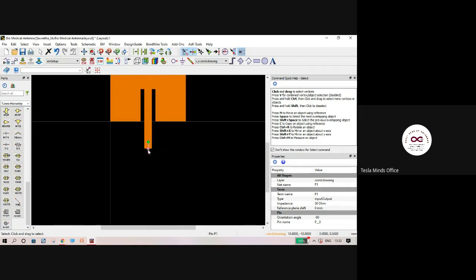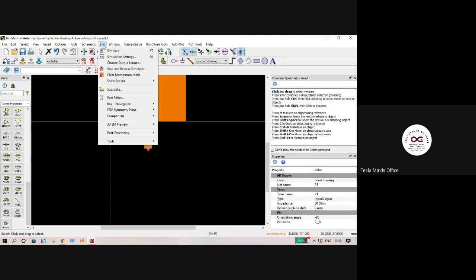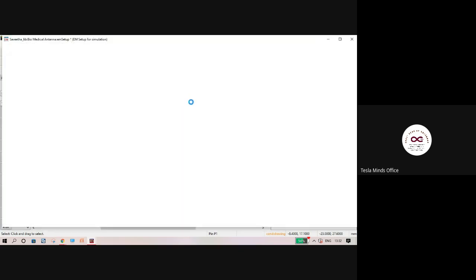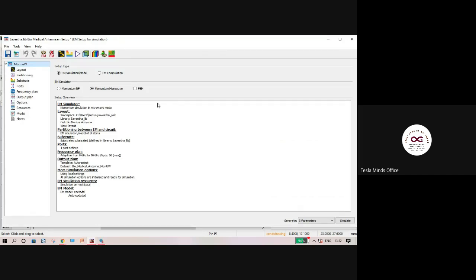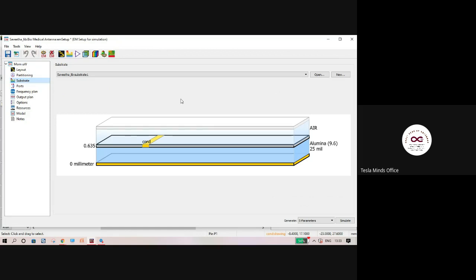Now what we have to do is go and define the simulation parameters, the substrate which I showed you, right? We have to define that. Right, so let's do that. I have to click on this EM, maybe I'll just choose this. I have to click on this EM and click on simulation settings. Right, click on simulation settings. In the simulation settings, we'll get a new window. There we have to specify what is the start and stop frequency and what is the number of points we want in the output graph. And we have to specify what kind of substrate you are using. Maybe I have told you in the morning session itself. The substrate is very, very important. So I just click on substrate and click on open.